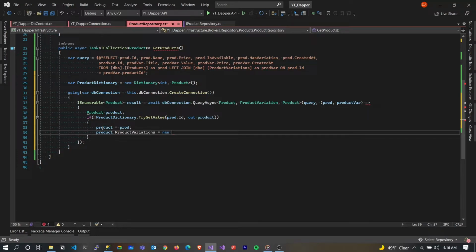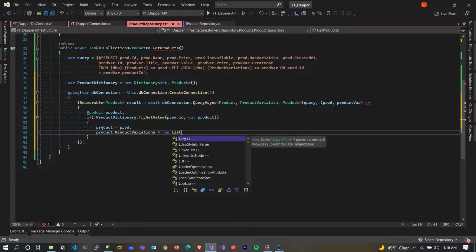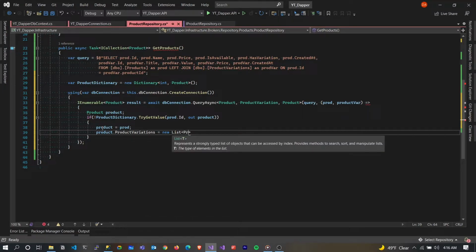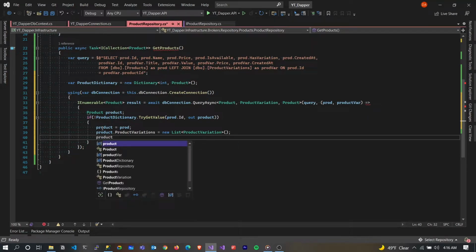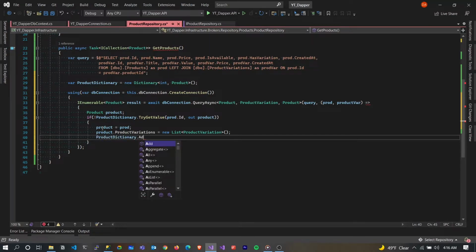and we are going to say our product dot product variations will be equals to a new list. So what we're trying to do is just to initialize a list of product variations, because at the end of the day, the idea is that we have a product that has a list of product variation, hence the one-to-many relationship. So we're going to say product dictionary